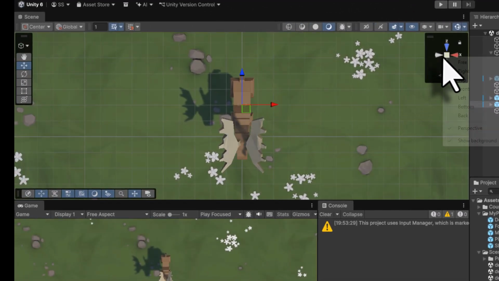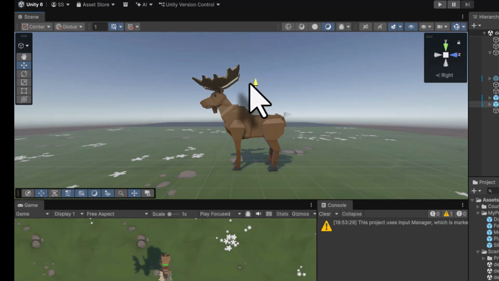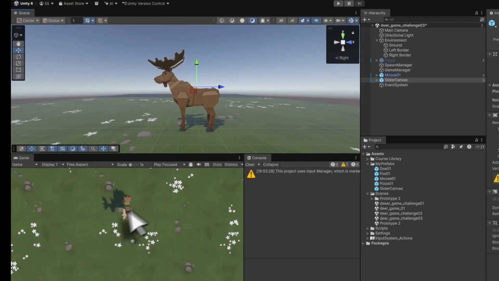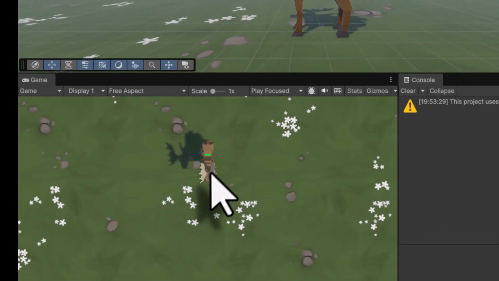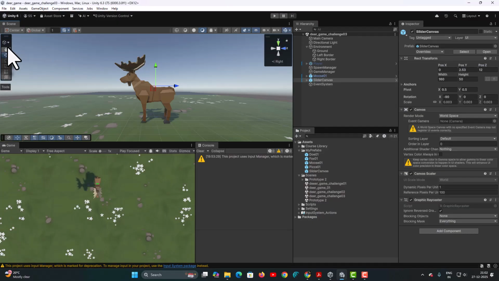I will right click on the gizmo and come into the right view, and I am going to drag it and place it at the top so that in my Game view I can see the slider here. I am going to go to File, save it, and next we have to create a new script for this